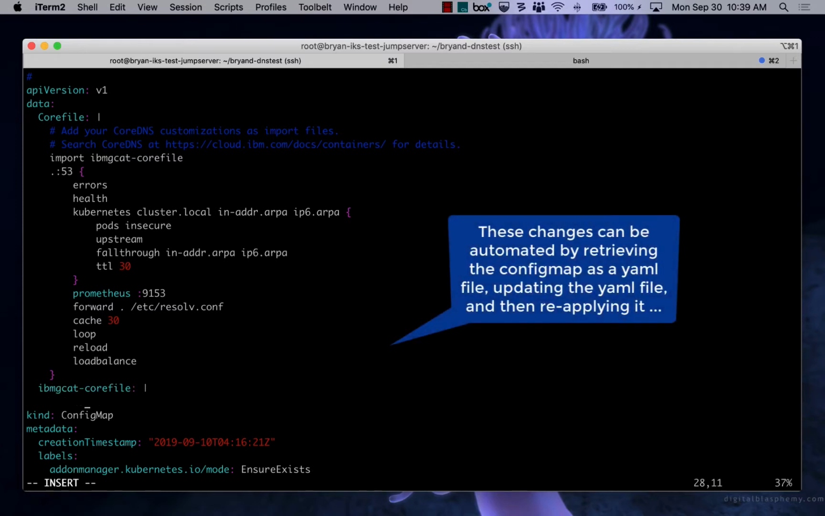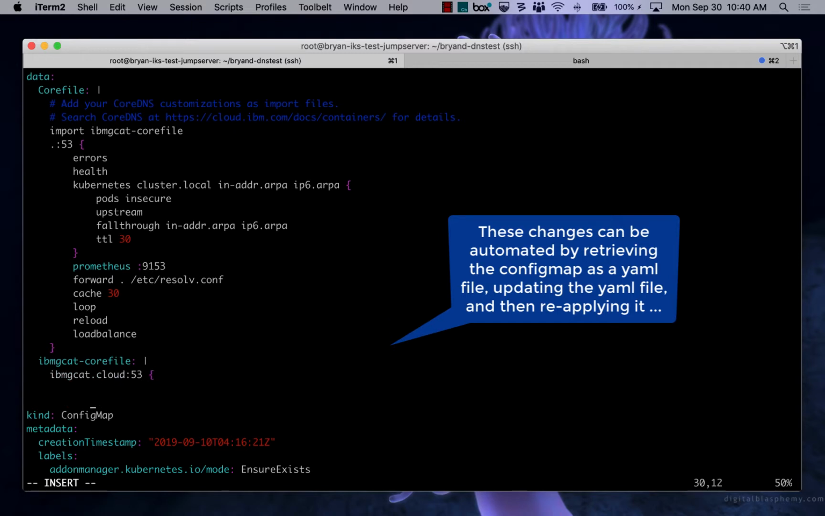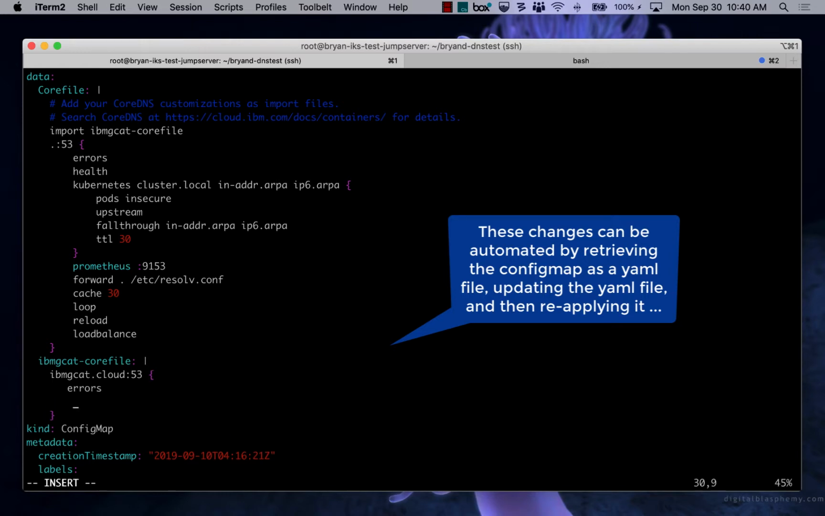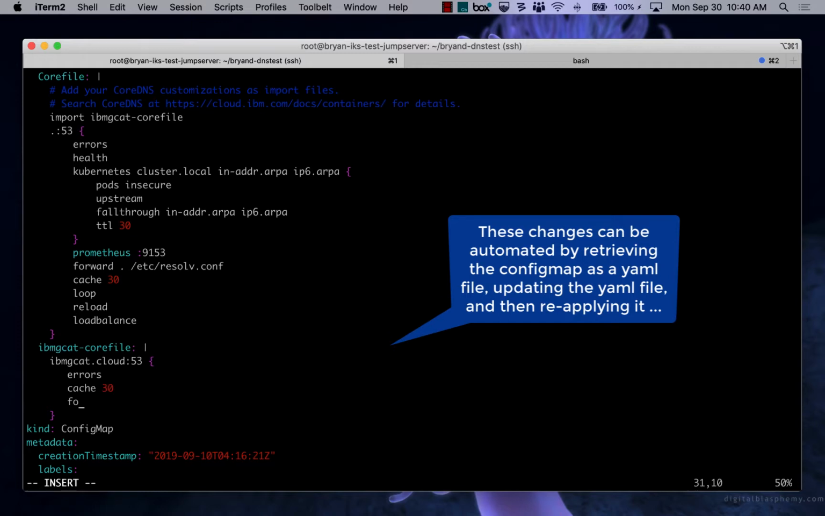Follow a similar structure. And what we're going to be doing is, let's do this for IBM GCAT. I have to make sure we type it correctly, IBM GCAT.cloud. So for that domain, I'm going to do some specific things here. Now, let's just type in errors. Let's just type in cache this for 30. And instead of proxy, let's just do the newer way, forward to